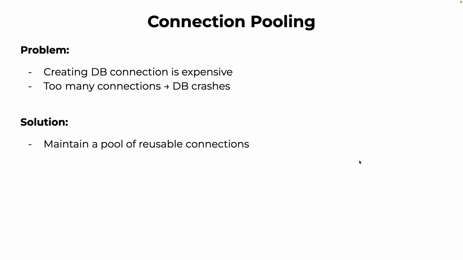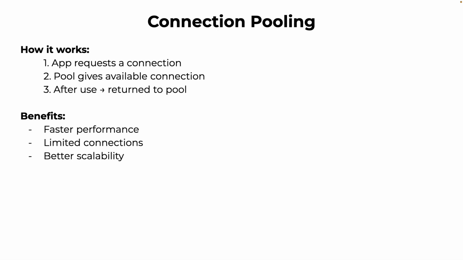So what solution do we have? We can maintain a pool of reusable connections. What does that mean? Even if we receive 1000 requests, we will create a batch or a pool of, say, 10 requests, and only those 10 requests will be forwarded to the DB server. Once these first 10 are completed or cancelled, the next 10 will be allowed. So we will be sending batch requests to the DB. We will not send all the 1000 requests to the DB,